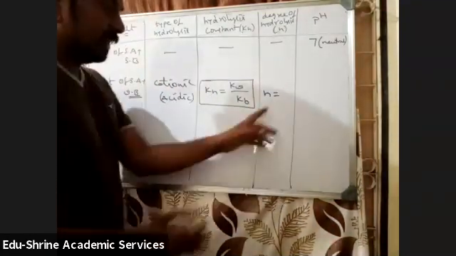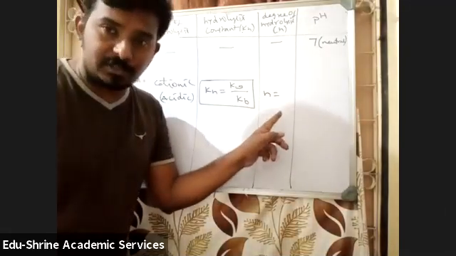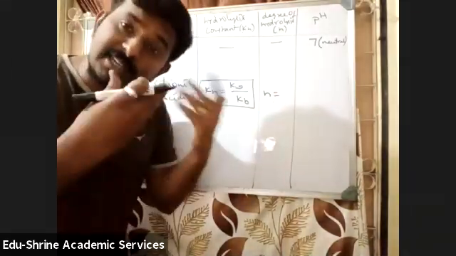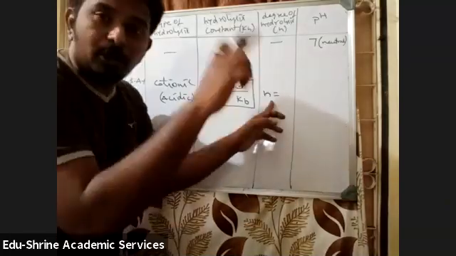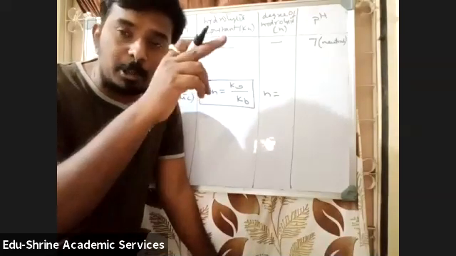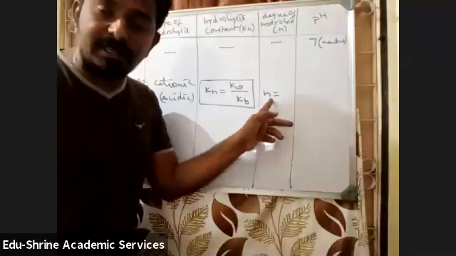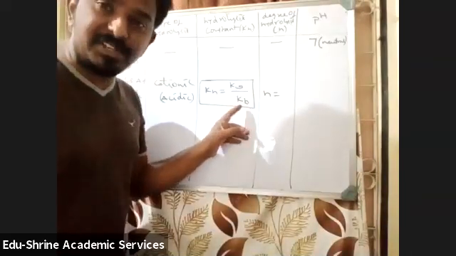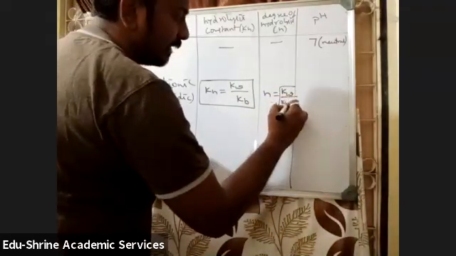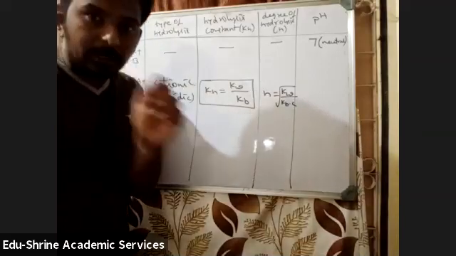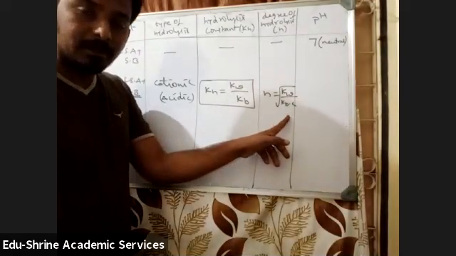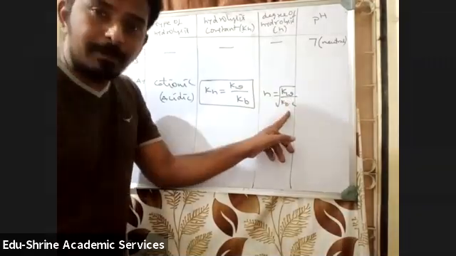Now to calculate H. See, H is similar to alpha, students. If for any other process we call it alpha, for hydrolysis we call it H. H is nothing but alpha only. So alpha is equal to root KH by C, no? Actually for an acid alpha is equal to root Ka by C. For a base alpha is equal to root Kb by C. In the same way for hydrolysis, H is equal to root KH by C. KH is Kw by Kb. So H value will be root of Kw by Kb into C. Is it visible, students? It is visible clearly.